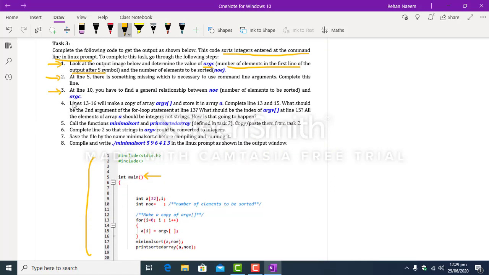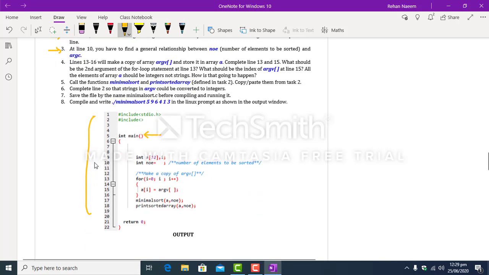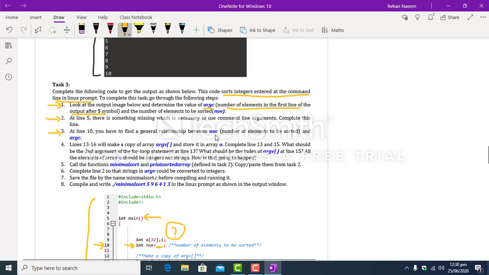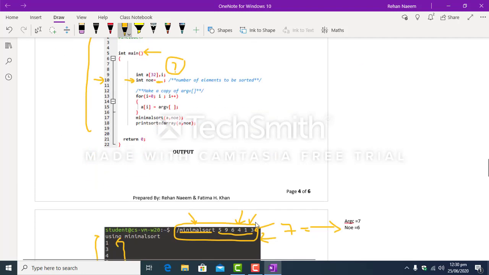Okay, now at step number 3, at line 10 you have to find a general relationship between number of elements and argc. So at line number 10 you have to determine what should be the expression at the right hand side of this statement. So int NOE is equal to what? You have to determine the general relationship between the number of elements, which is 6 in the example given below, and the value argc.